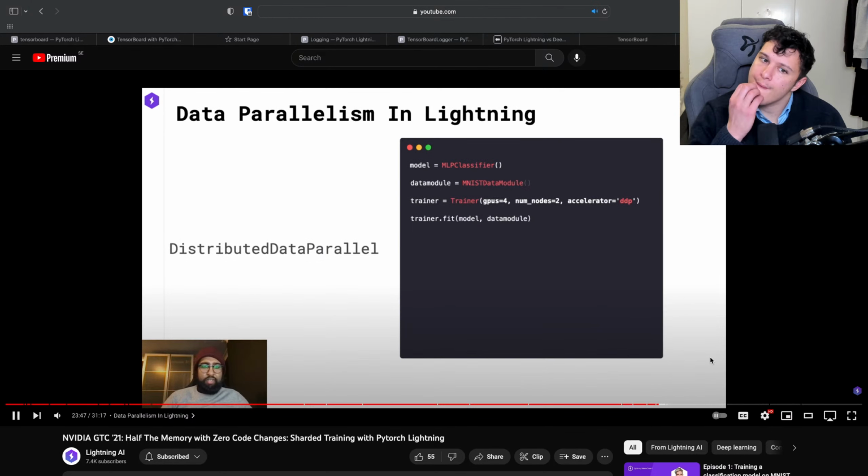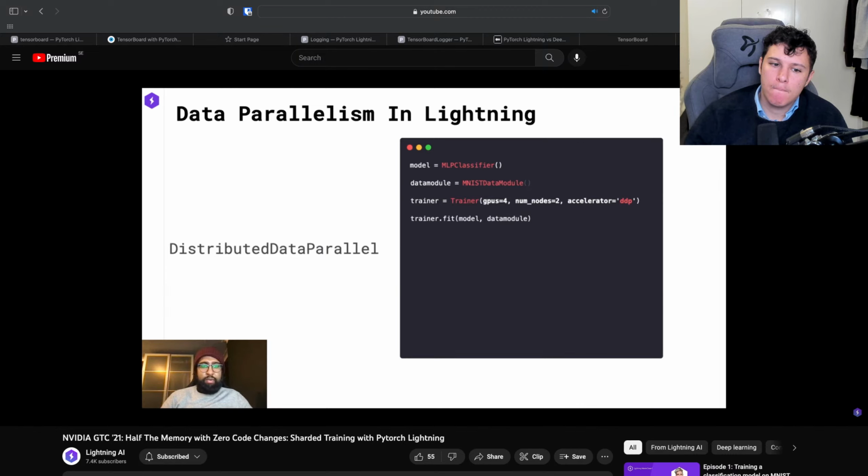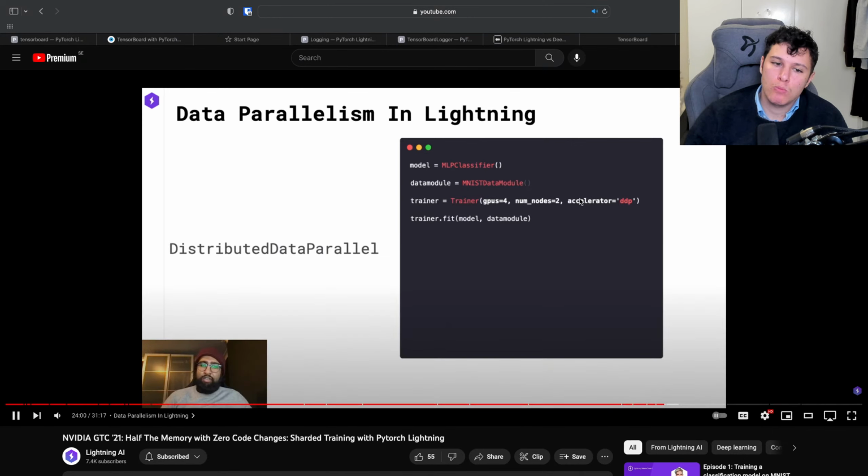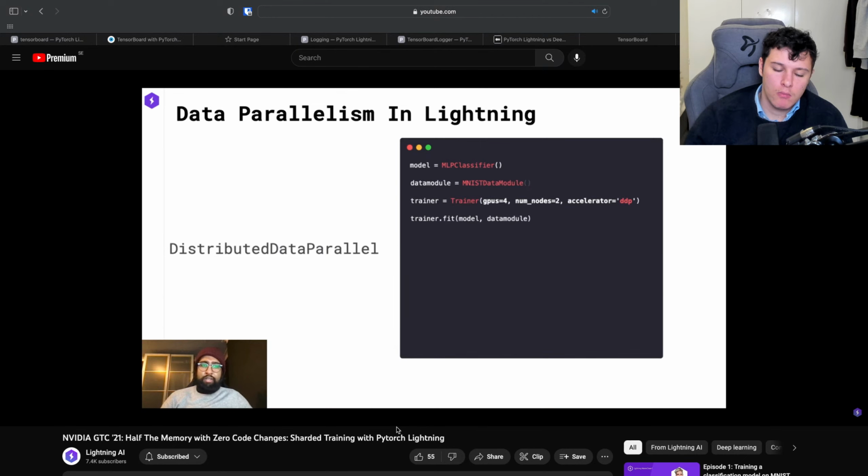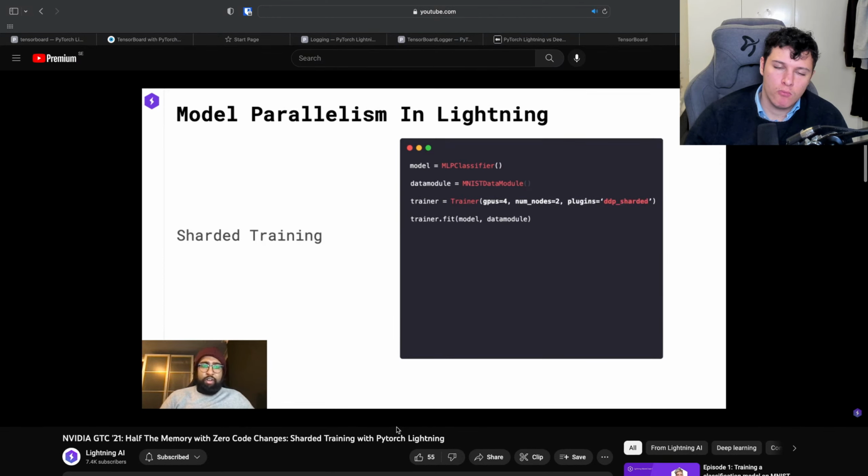As you can see, we just set the accelerator flag to DDP and the number of GPUs and number of nodes. This will automatically spin up any processes that are required and handle any of the orchestration for you, so you don't have to worry about any changes required for your model or your dataset. For sharded training, we've worked very hard to make sure that we have the most seamless and easy to use